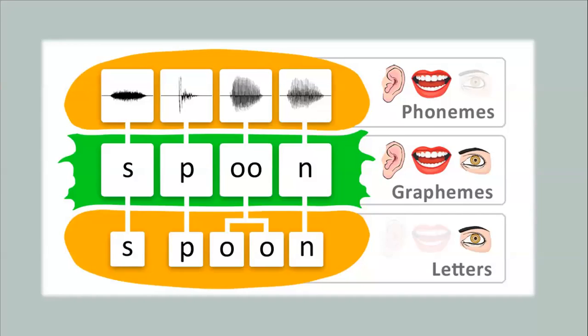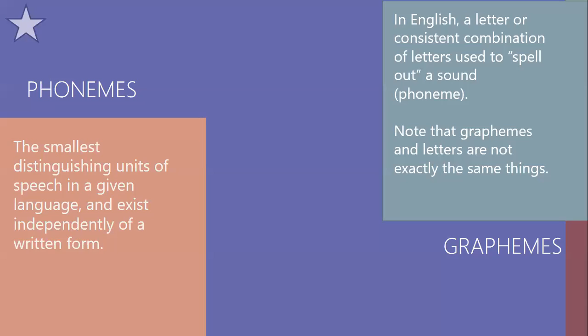So now here is just a cool little graphic that illustrates the difference between phonemes, graphemes, and letters. As you can see, phonemes are the sounds that make up a language. They're independent of text or lettering. Then graphemes are the written form of the phonemes. There's a one-to-one ratio. Versus letters, we have 26 letters in the English language, but many more sounds than that. So you can see where some of the inconsistencies in the English language come from and the subsequent confusion. So again, if you have any questions or want more clarification, feel free to stop me and I will do